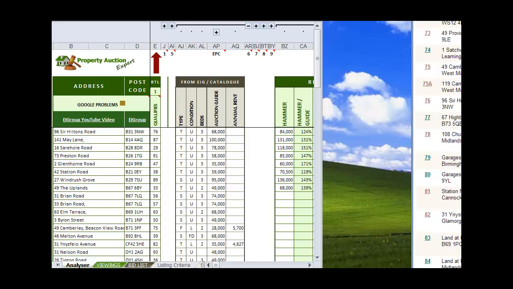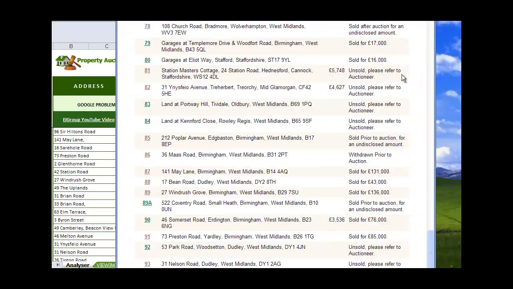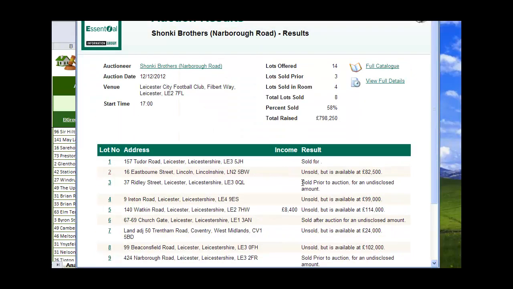Now the same sort of information applies to the reserve price. Let me show you. Now with Bigwoods, they don't give you the available at price post-auction. They put unsold, please refer to the auctioneer, but other auctioneers do give you the available at price, and I'll go and find one and show you. And here we have Shonky Brothers, who also run auctions in the West Midlands, and as you can see they have an unsold lot number 2 which is available at